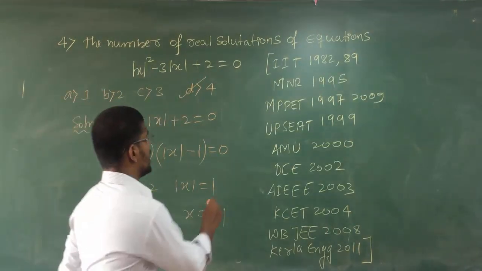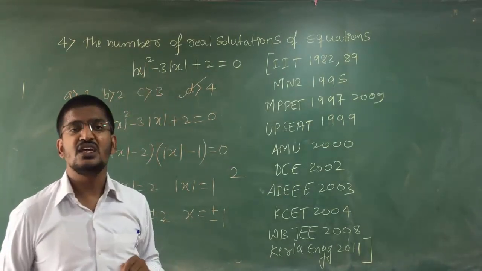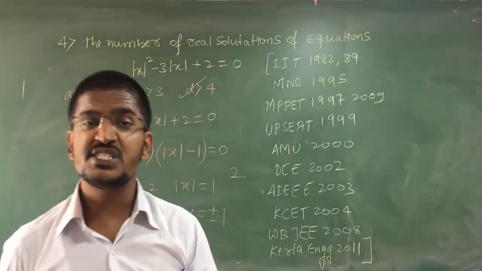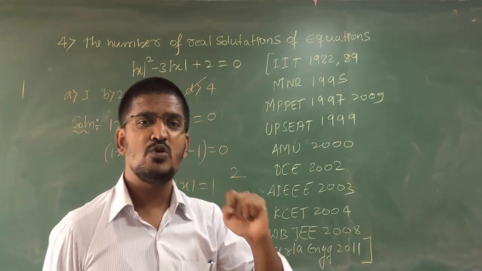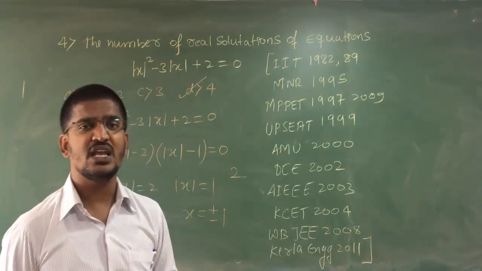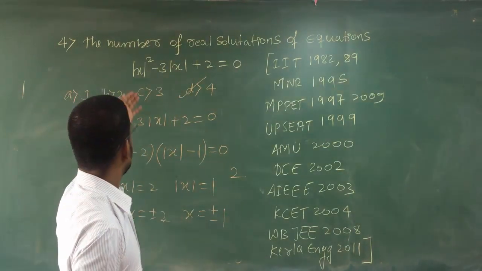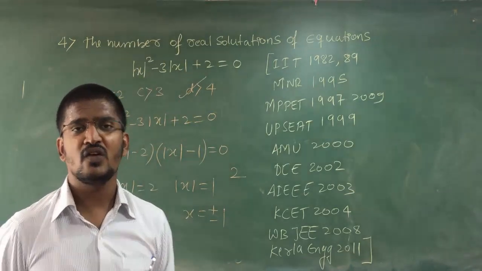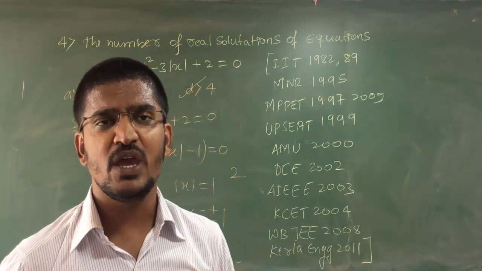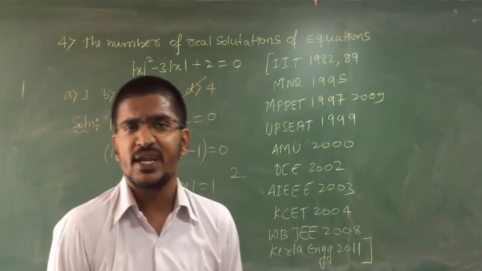Clear? So mod has two choices. This is the algebraic equation. It must have a maximum of two solutions. Are you getting my point? It must have a maximum of two solutions because of the quadratic equation. Are you getting my point? Your solutions may be 2, or your solutions may be the same solution repeated 2 times.